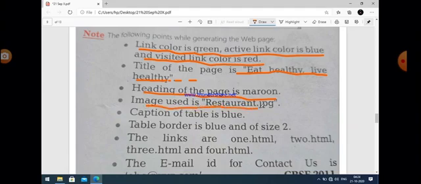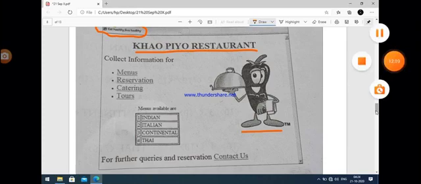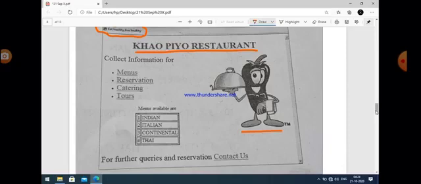Next is the image, which uses restaurant.jpg. The name of the image is given, and the image is restaurant.jpg. That is our image here. You can easily see here. That is the image. Now look at the image. It will give you 2 or 3 points. First of all, we have the name of the image, that is restaurant.jpg, but the image is right aligned, and the image doesn't take the full size, so a particular height and width should be there.